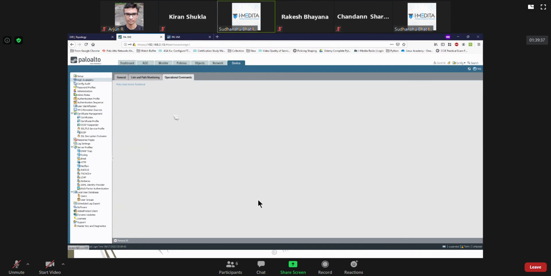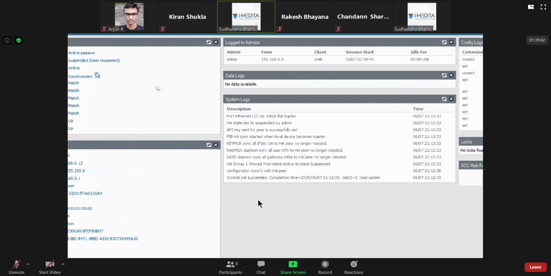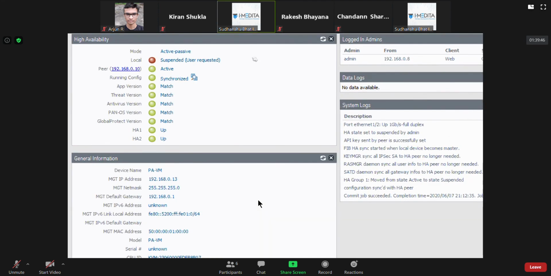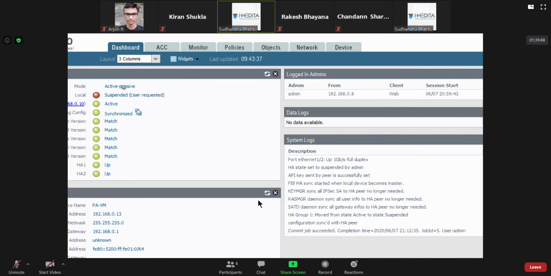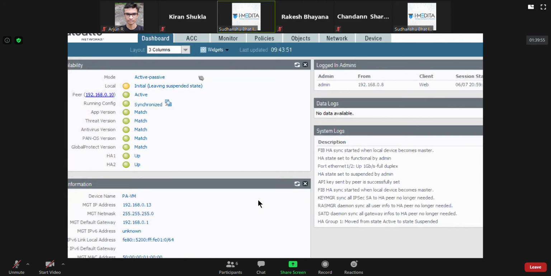Now you see that currently this firewall is suspended. So 0.10 is acting as active. And also if I click make local device functional, it will leave suspended state, but it will take some time.